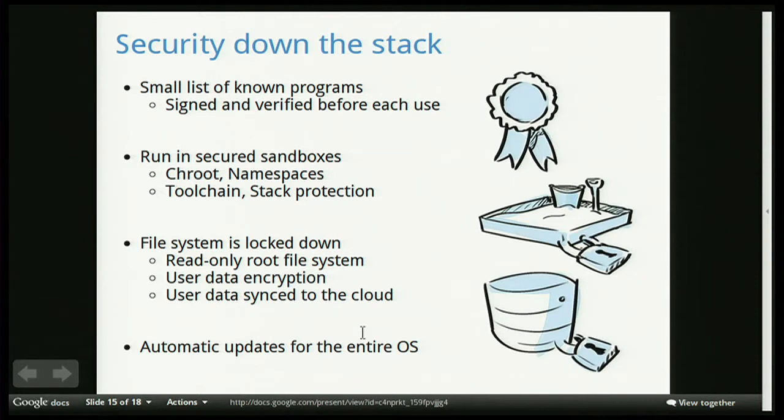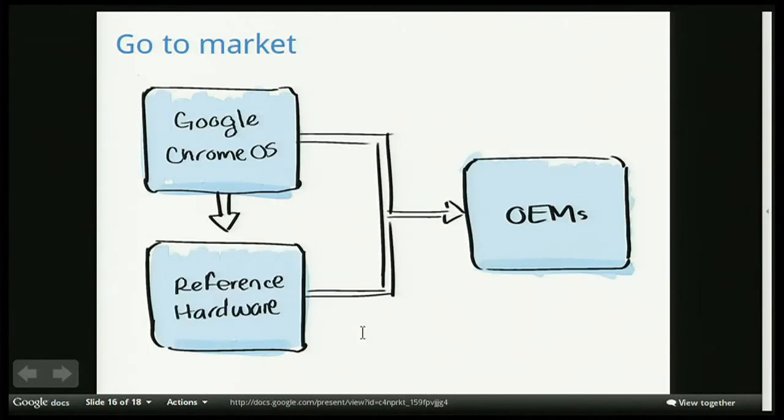Let me talk a little bit about the file system. So file systems are not the most glamorous part of an operating system, but they're very important, and we've done some pretty interesting things here and are working on some more that I want to tell you about. So the first is, as I mentioned, the system is always auto-updated. We continuously auto-update the operating system, Chrome, and all the bits that are on the machine. And as we do that,